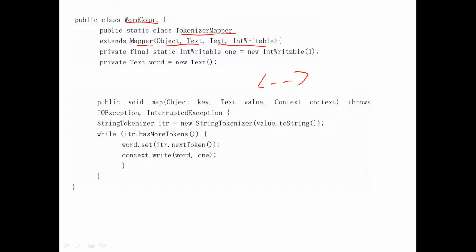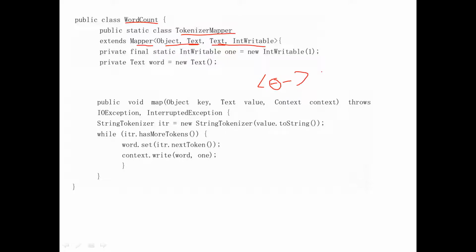Now we need to find the key value. Where the key value is, I don't know, it is stored at some address in this object. Then there is a text, nothing but your key. Then what will be the output? The output is nothing but the key, which is in a text format, and int is nothing but your integer variable. That is, for example, hello comma 1 or world comma 1 is nothing but the output of the given mapper here.